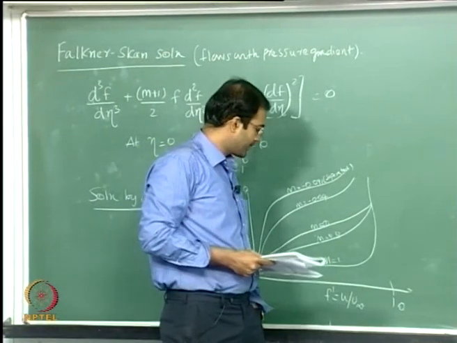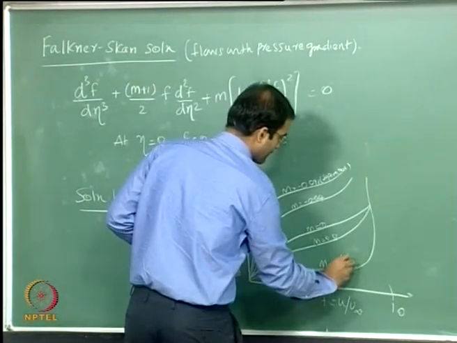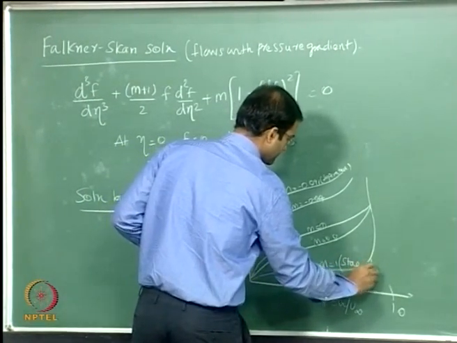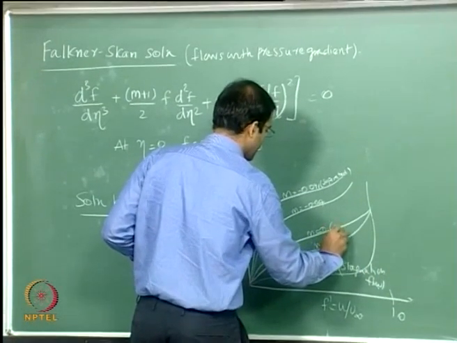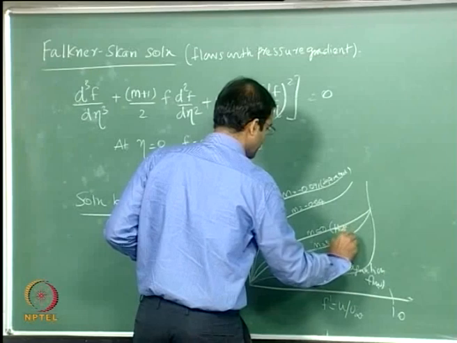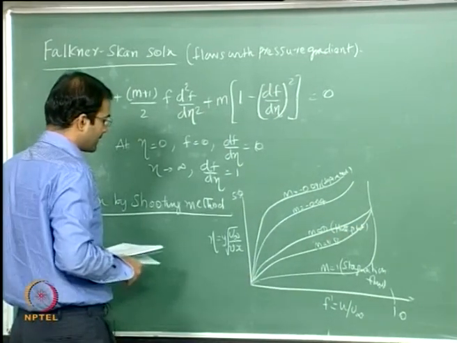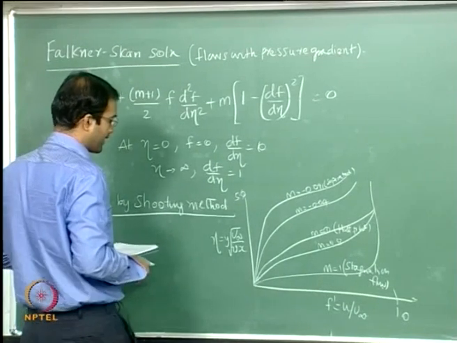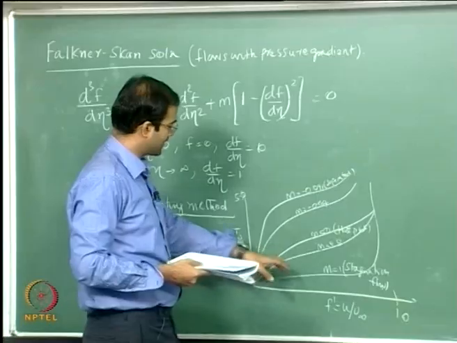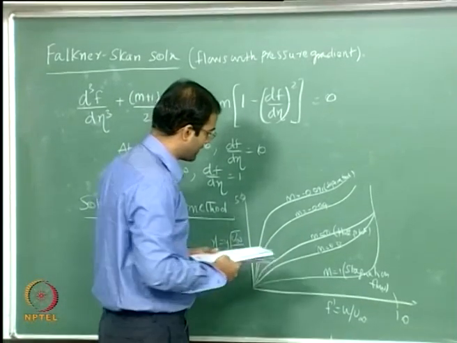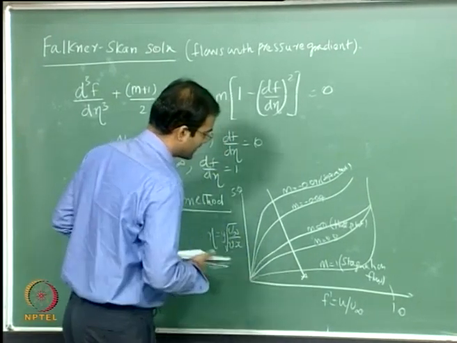If you look at m equal to 1, this is the stagnation point flow, and this is your flat plate. So if you look at your values of m, which are basically increasing, the profiles are in this particular fashion,